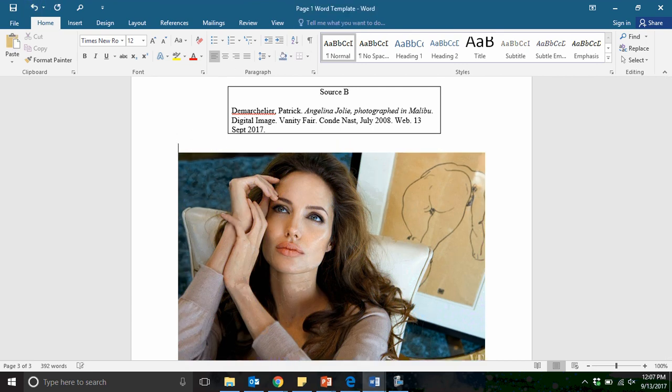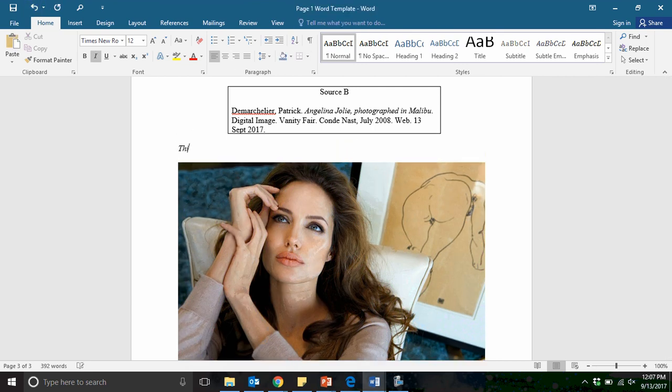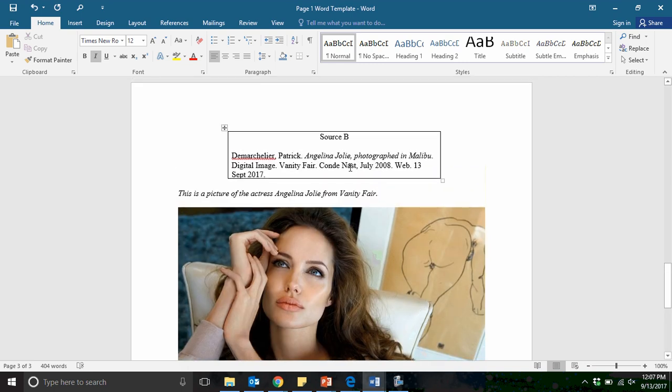Just need my italicized little byline. Okay. Alright, and that is everything that I would need for source B,